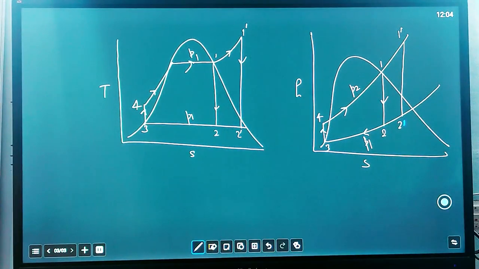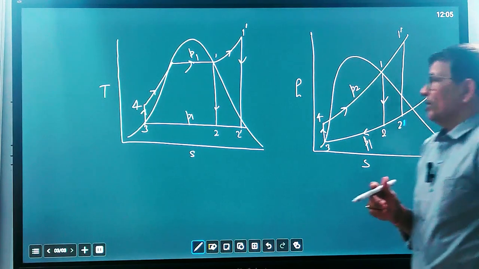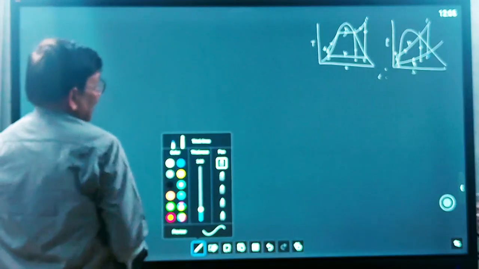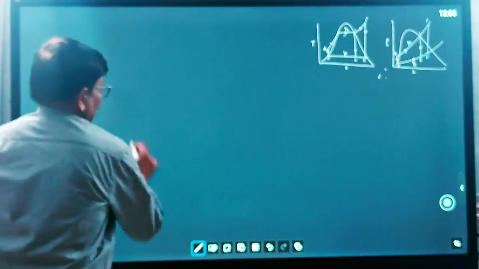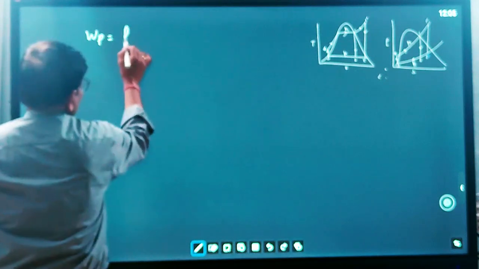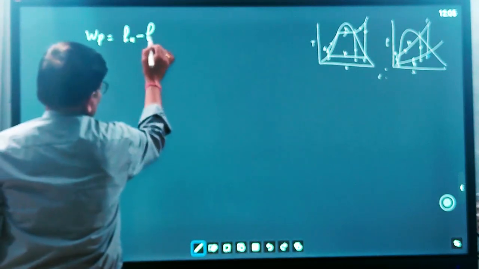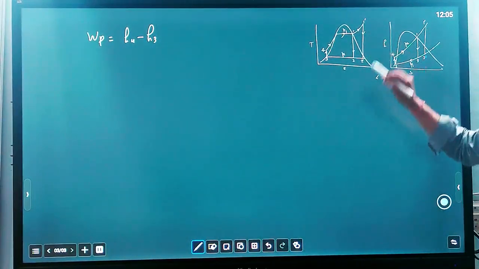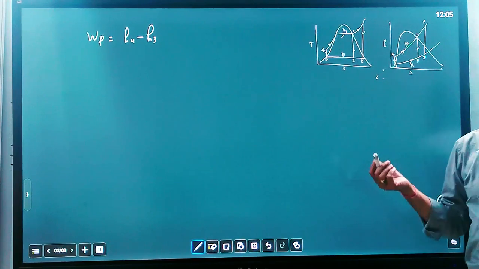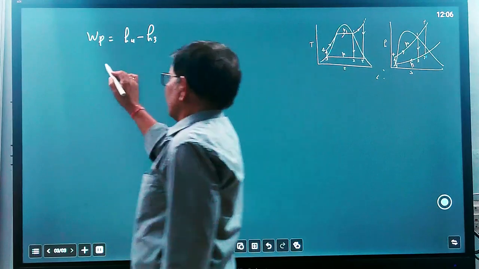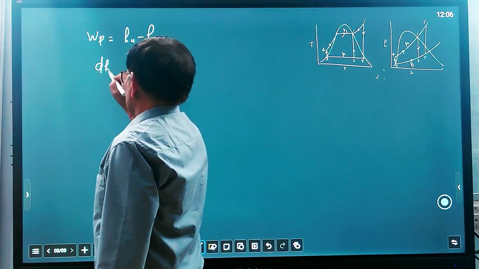One thing again I want to define here is how we can find the pump work. These are the two cycles. Pump work WP can be defined as H4 minus H3. And we know that process 3-4, under ideal condition, is an isentropic process. For an isentropic process, we have the property dh equal to